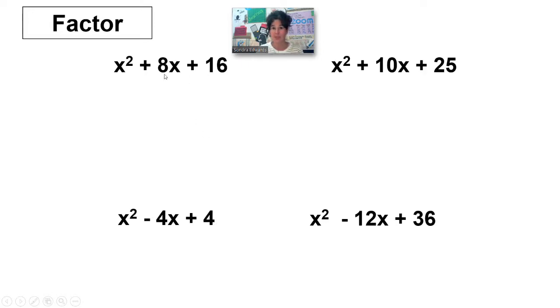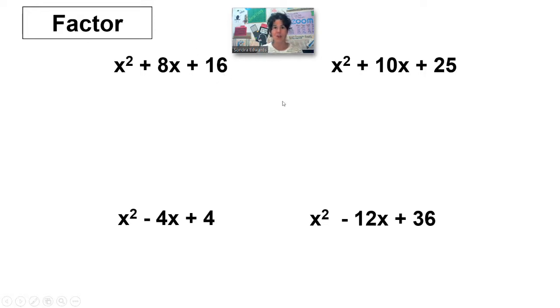The b term divided by 2 and squared is the c term. 8 divided by 2 is 4. 4 squared is 16. 10 divided by 2 is 5. 5 squared is 25. Negative 4 divided by 2 is negative 2. Negative 2 squared is 4. Negative 12 divided by 2 is negative 6. Negative 6 squared is 36. All right, so that's how we know they're perfect squares, and that is also how we can get this plus